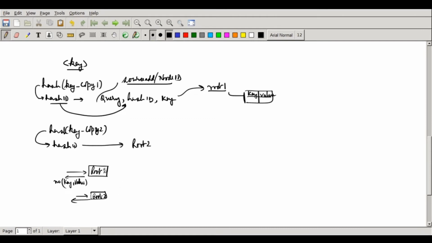So we can now build up a mechanism where root 1, whichever node is root 1, is supposed to republish whatever key value it is storing. If it is storing copy 1, the hash ID to which it is going to republish will be computed with key copy 2, and this guy will be doing a republish with a hash ID of key copy 1. So in this case, if this guy dies off, this guy will be making a publish. This will end up going to a different node, which will be a new root node.